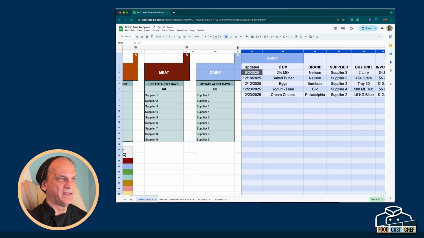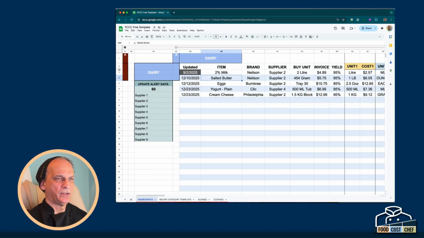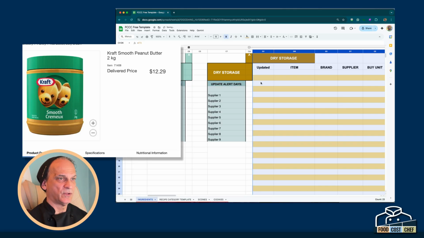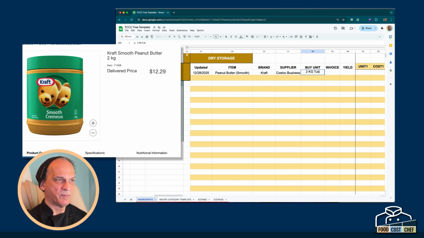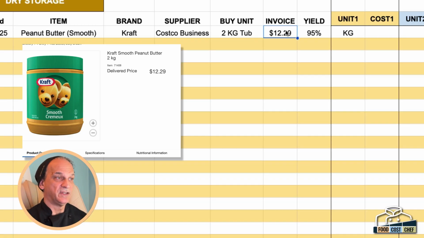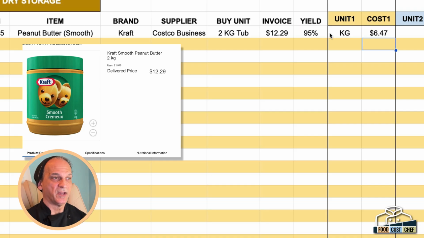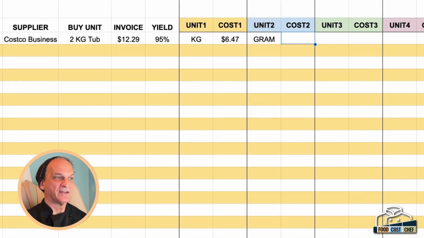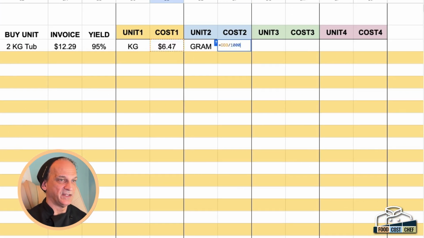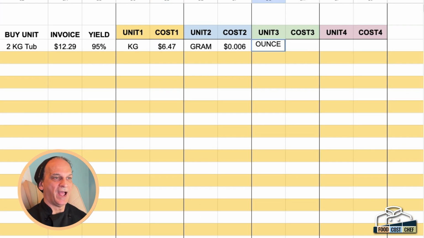I already have butter in the dairy category, so I'll just move over to the dry storage and we'll start with the peanut butter. Smooth, Kraft, $12.29. This is a 2 kilogram tub, but we want the cost of 1 kilogram. So that is invoice divided by yield divided by 2, because 2 is how many kilograms we bought. Here is our cost per kilogram. Now let's factor that down to grams. Easy, divide by 1,000. I will do ounce as well, and we'll ask Gemini about the weight of a cup